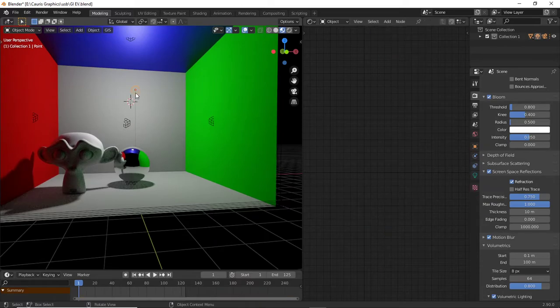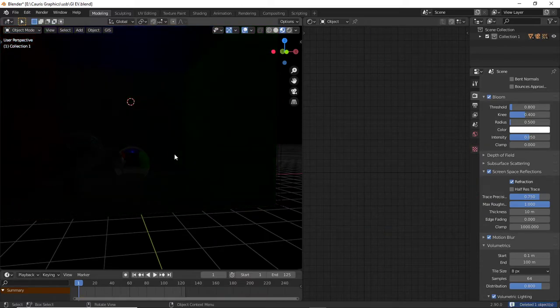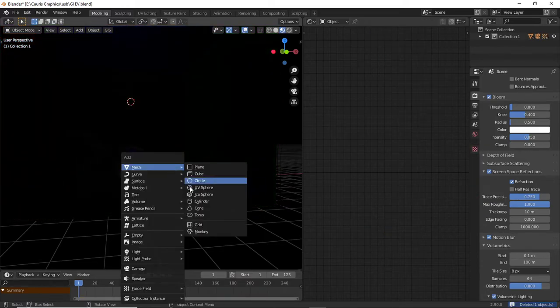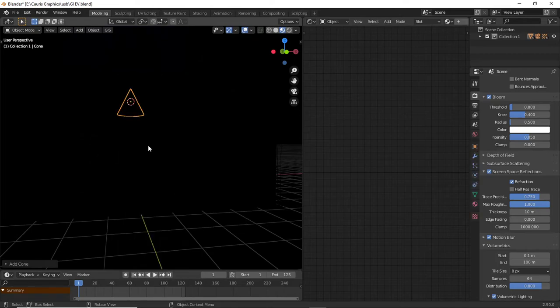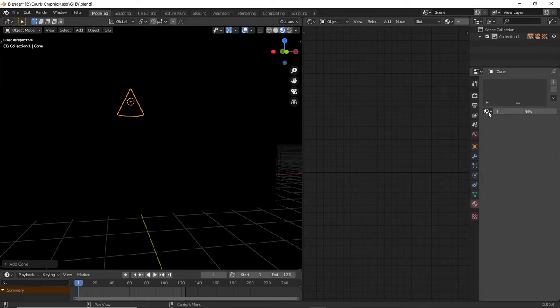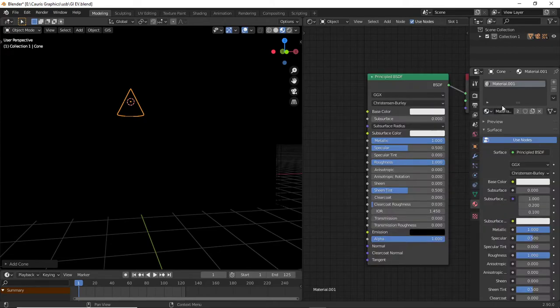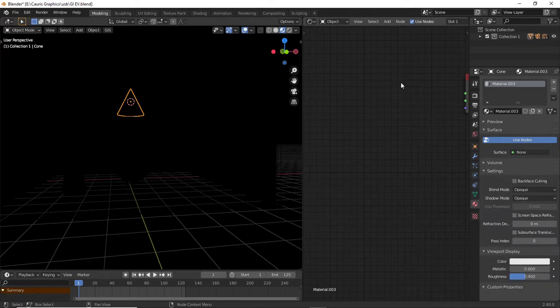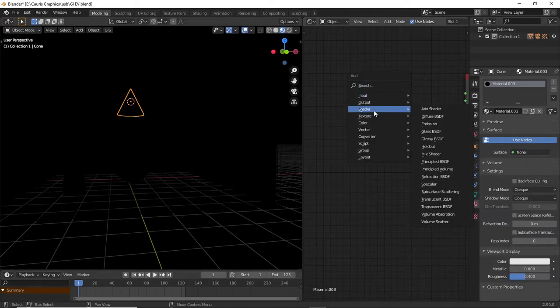And another thing that few people know is that if you add, let's say, a cone, and I make this cone an emissive material, with this technique you can light a scene without having a light in your scene. You can light a scene with a mesh.